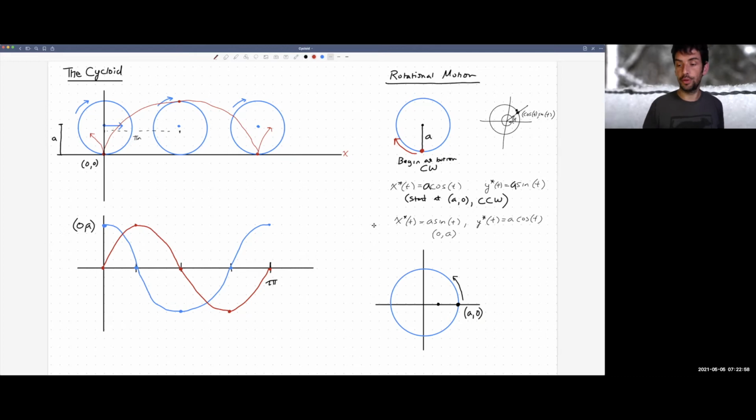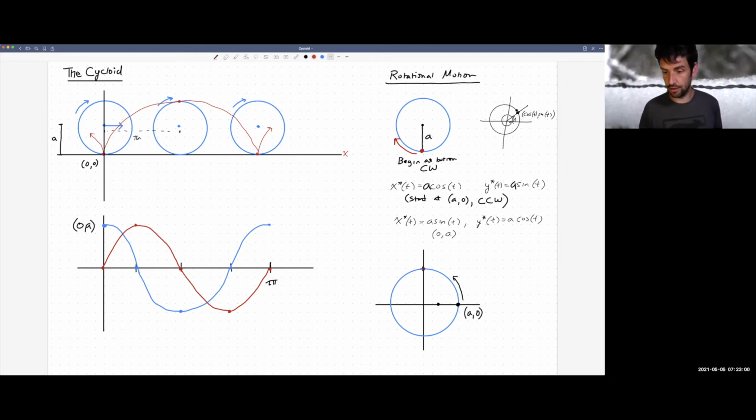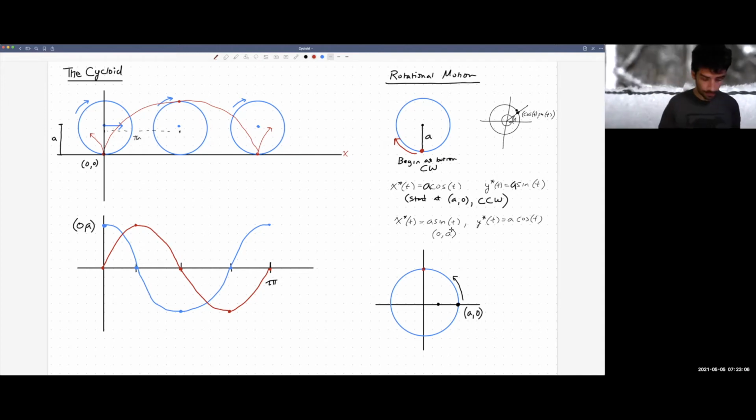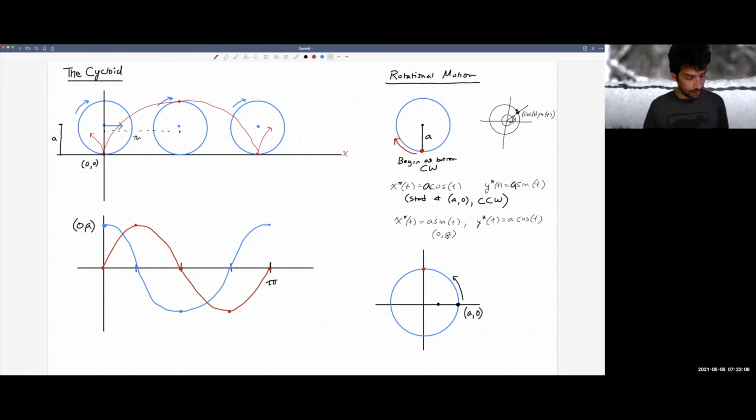So that means we would now be starting at 0, a. We're at the top of our circle, which is not what we wanted. But what's going to happen immediately as we increase t,